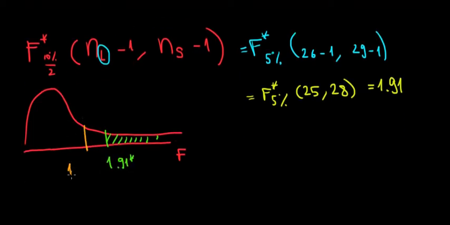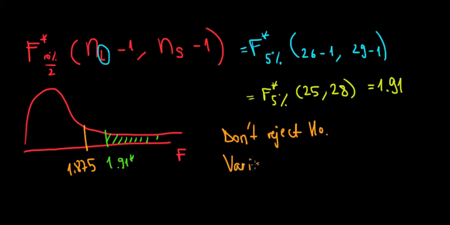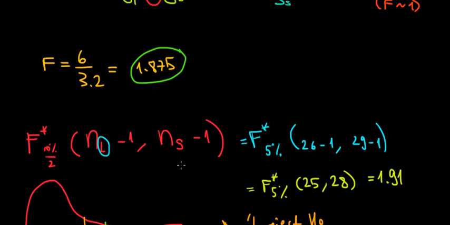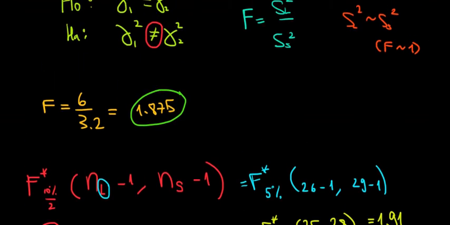So 1.875 is not in the rejection region, so we do not reject the null hypothesis, meaning that the variances don't differ significantly. Intuitively it makes sense by looking at the F value that we found. 1.875 is not that much higher than 1, so the ratio between the variances is also not that high, meaning that the larger variance is not significantly higher than the smaller variance